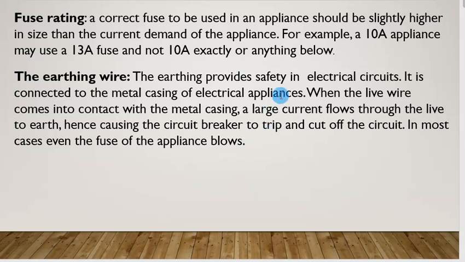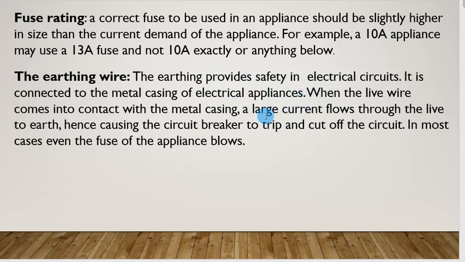That's the reason why you will find that in most homes an electric cooker is placed on a rubber, so that in case there is a fault, the earthing is not correctly connected, and there is a short circuit whereby the live is in contact with the metal casing, at least you'll be protected even if you are barefooted, because you are standing on a rubber and therefore you are not earthed. So you will not provide a complete circuit to earth.